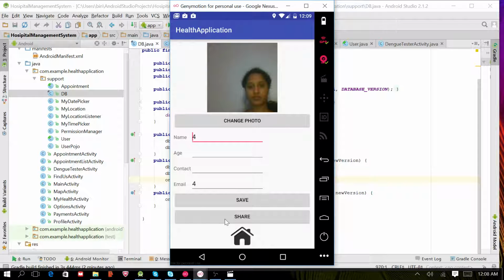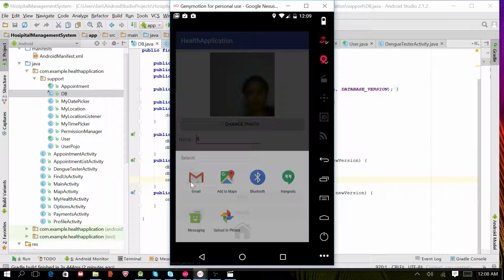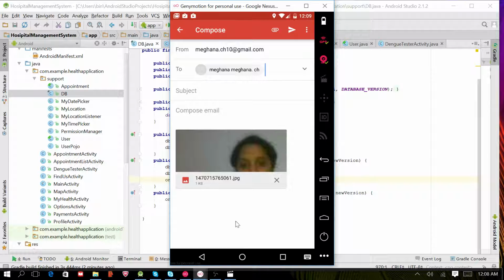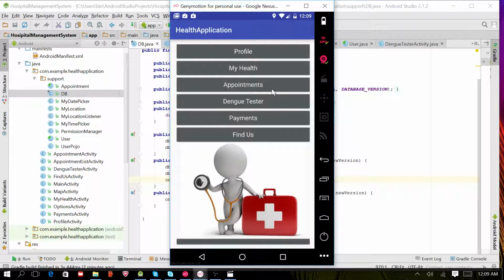If you want to share it, then click on share. So I'm trying to share it to my Gmail. Go to Gmail and click, and I'm just sending it to myself. So it shares it with your Gmail. Then to go back to your app, to go back to the home page, click on the home button, that image. Then it goes back to the home page, and then here I'll go to the appointments page